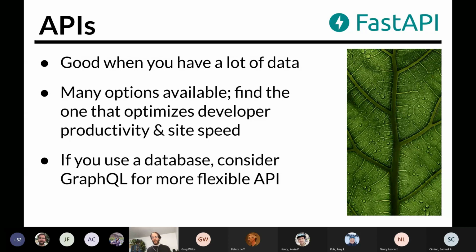Depending on how you're using your data, a newer approach called GraphQL makes it easier to build out dynamic APIs that let you query your data from the front end in a lot of different ways. Among other things, this makes it easier to build out the front end of an application. Whereas traditionally, you had to build out separate API endpoints for each type of data that you wanted to query, and then glue that all back together on the front end.